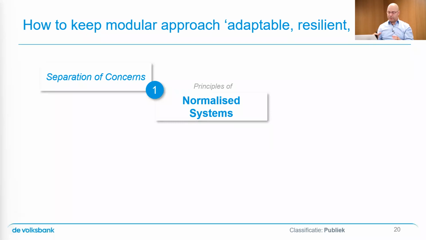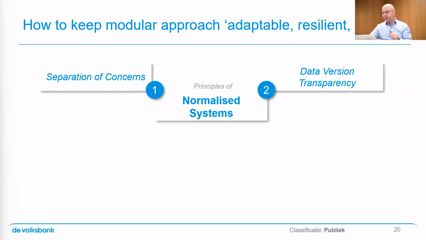So I'm responsible for my business functionality, and I'm the one who determines which change drivers are relevant in my scope or not in my scope. The second one is data version transparency. If I have business functionality exposed in my business application landscape, and I offer that to others, I exchange information, I communicate. And when we communicate, we need to make sure that we understand which data is being passed.